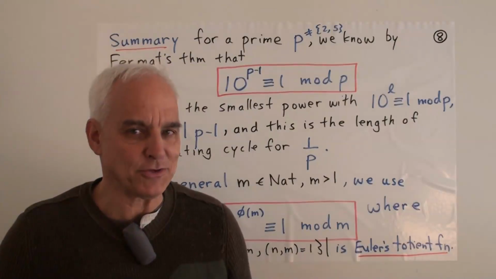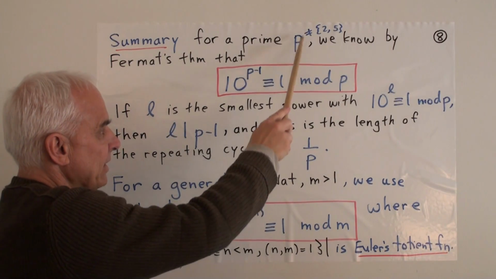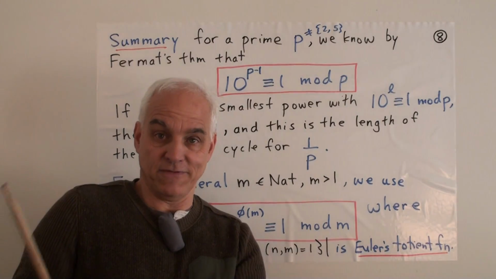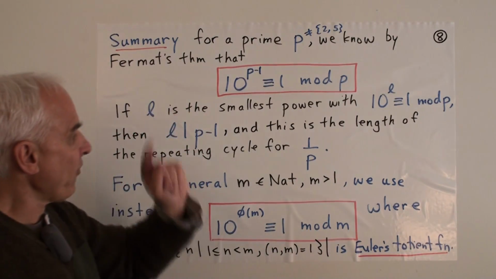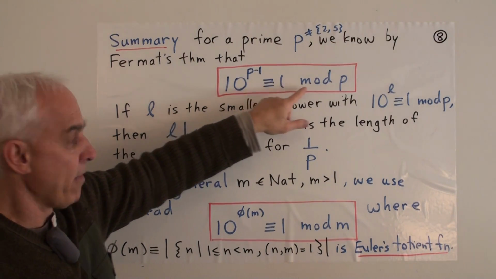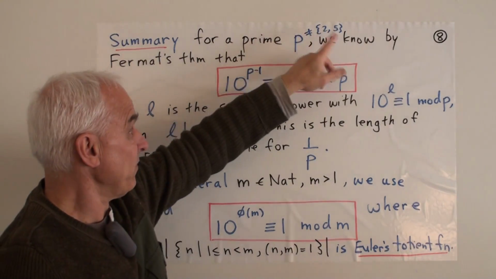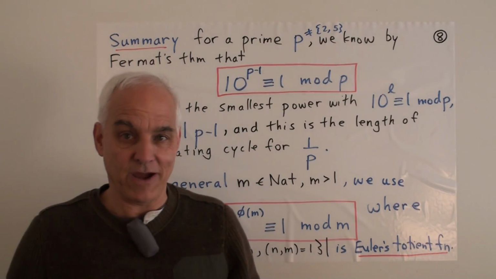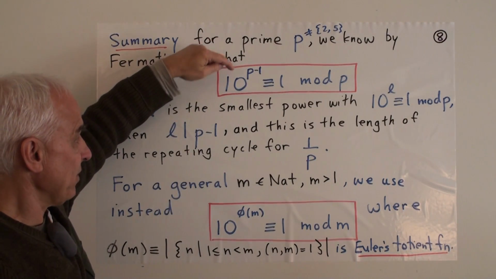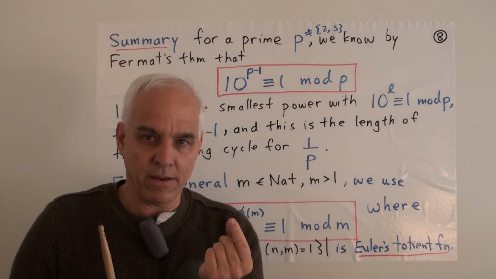All right, so to summarize what we've concluded: if we have a prime p, and let's say it happens not to be either 2 or 5. These 2 and 5 are special. They're the primes that divide 10. Then Fermat's theorem says that 10 to the p minus 1 is going to be congruent to 1 mod p. That, in fact, requires p not to be 2 or 5. It's not going to be true if p is equal to 2 or 5. But otherwise, it will be true. This is telling us that you raise 10 to this particular power, and you're guaranteed to get something that's congruent to 1 mod p.